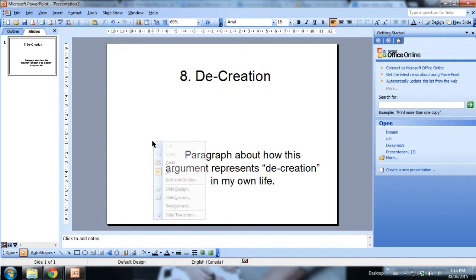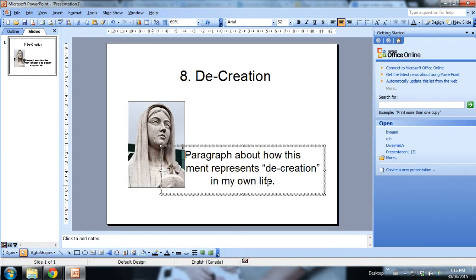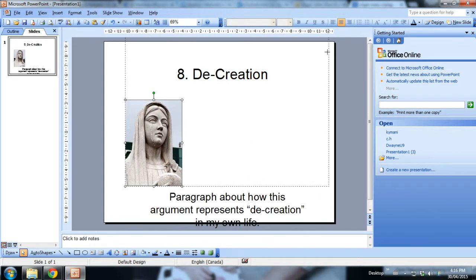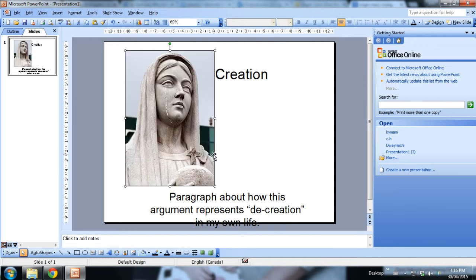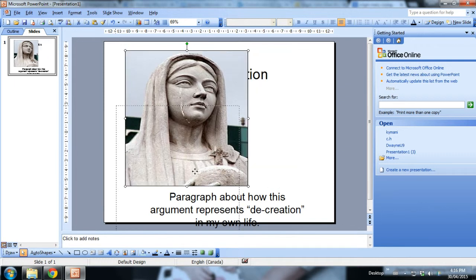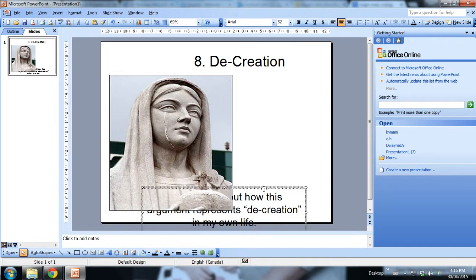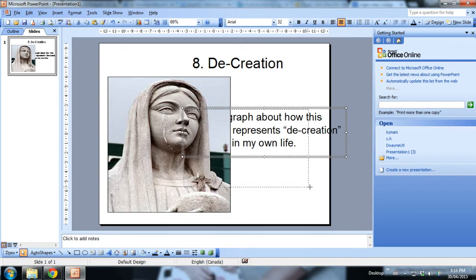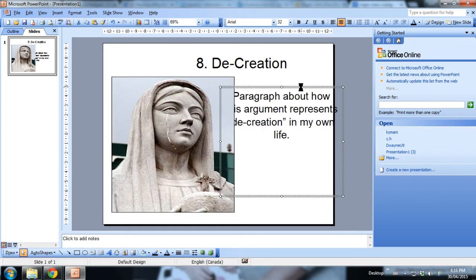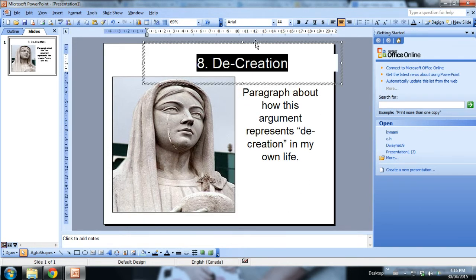All right. I pasted that image into my presentation, and now I get points for making this look neat. So let me see if I can make this a little bit bigger, wider. No, maybe not. Like this. I'm going to put my title up here, and then I'm going to place my picture or my sentence and my song lyrics, kind of put it over here. That's over there. And this is my decreation slide.